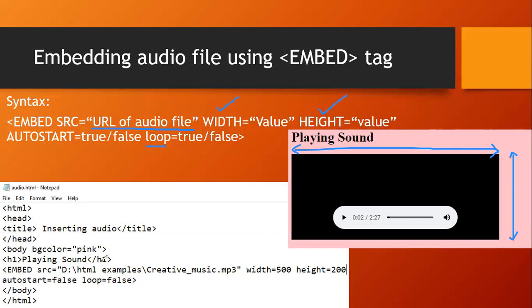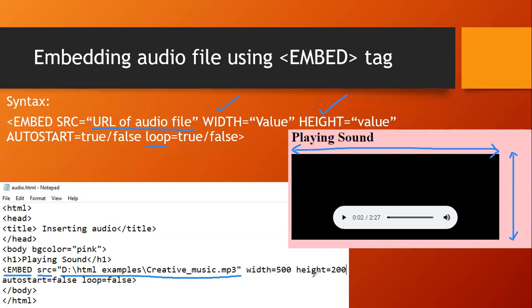See example once again. So instead of a tag, we are using embed tag, and we will provide src instead of href. Source is equal to, the source or URL is the same. I'm using same mp3 file, that is creativemusic.mp3. Width is equal to 500, height is equal to 200.